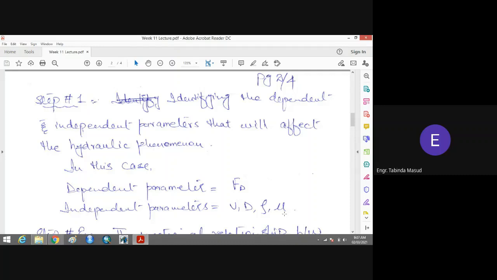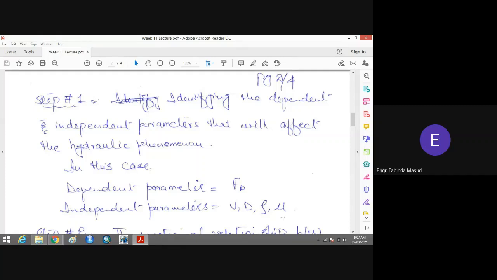Density and viscosity are very important because they define the properties of the fluid, and the fluid offers resistance to the moving object due to its density and viscosity. So the last 2 parameters are very important for the fluid, and the first 2 parameters are very important for the object moving within the fluid. So these are the 4 parameters which can be involved while deriving an expression for the drag force.